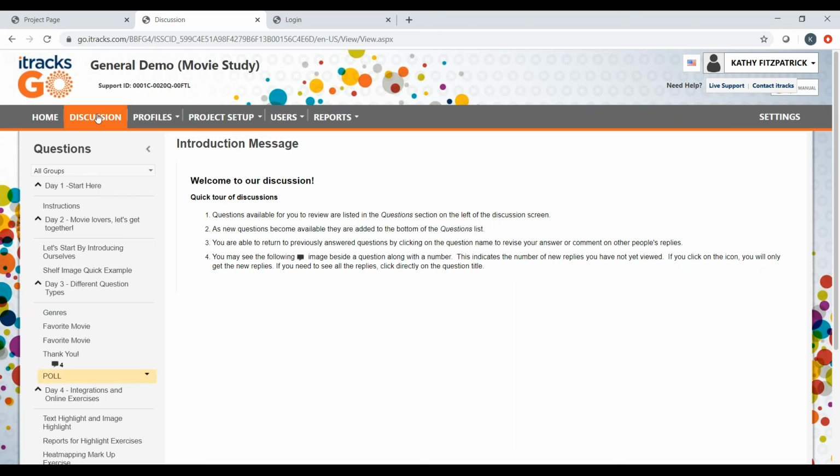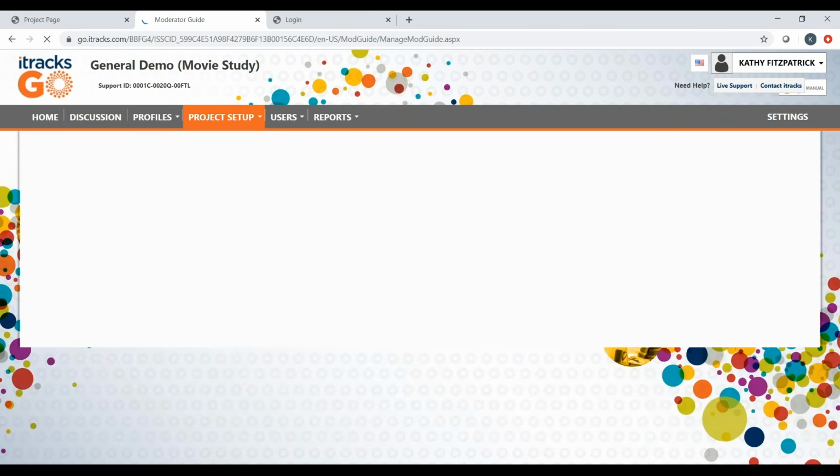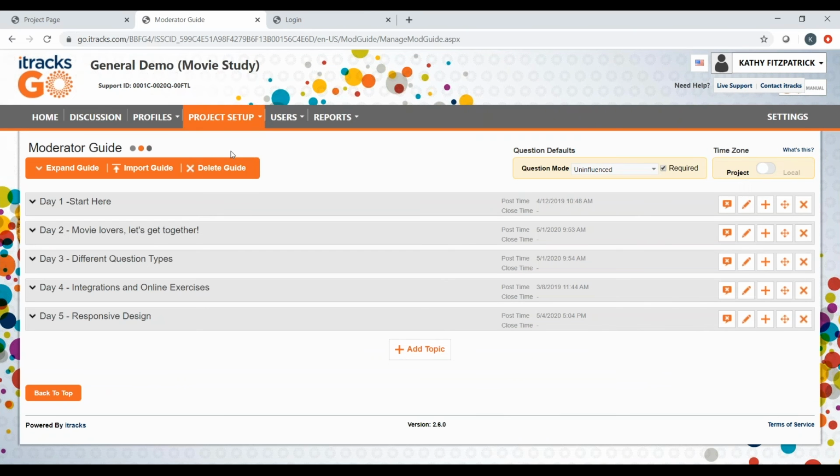As a researcher, we can jump around from spot to spot. Your participants cannot do that. You will decide how they move forward when you set up your discussion guide. So if we look at that really quickly, what I want to show you here, again, this is all based back to the design. What do I want to know? What can I do? And what shall I do when I design these?